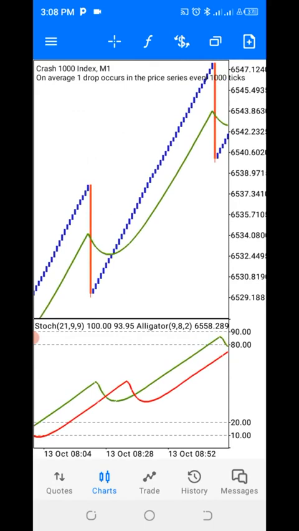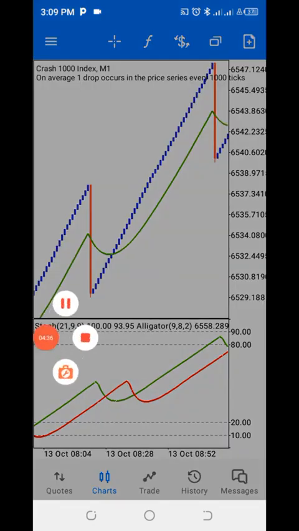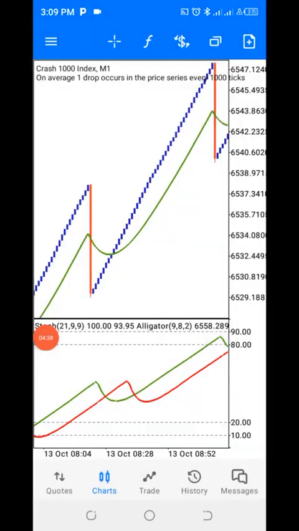We're using three indicators: a moving average on our main chart and two other indicators in our indicator window. So let me quickly explain the process for the strategy, the condition that we use to take our buy.